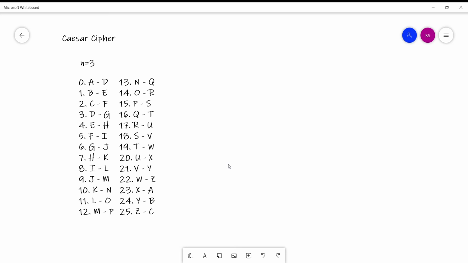Hello friends, today I am going to start with the classical ciphers. So before going into examples of classical cipher, I would like to tell you more about why we call it a classical cipher. Classical ciphers are those ciphers which were used in the early days of cryptography, and all the classical ciphers are already broken, and some you can break with your hand itself. You don't need any machine to break these ciphers.